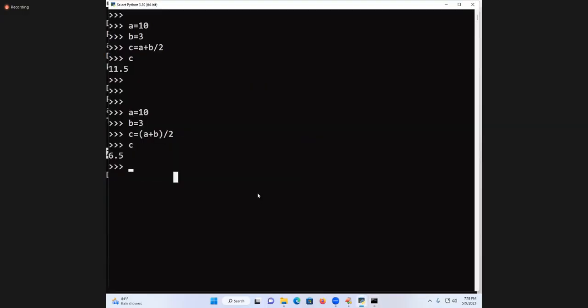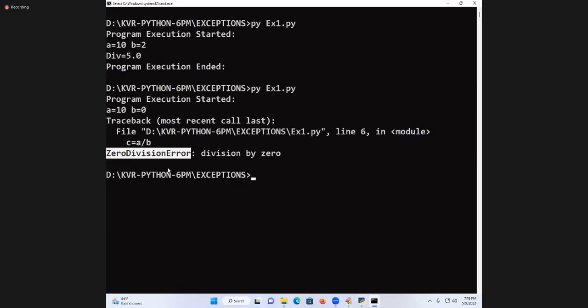Now go to the Python environment. Students online, did you understand, my dear students? In a simplified manner, I will tell you. Once again, a is equal to 10, b is equal to 0. In a simple way, I will show you. Is it valid input or invalid input? Invalid input means runtime error.